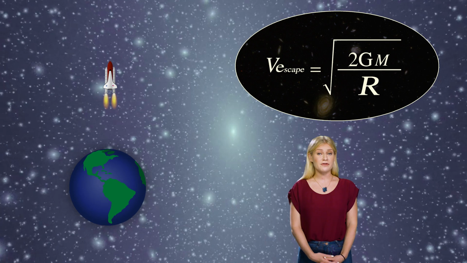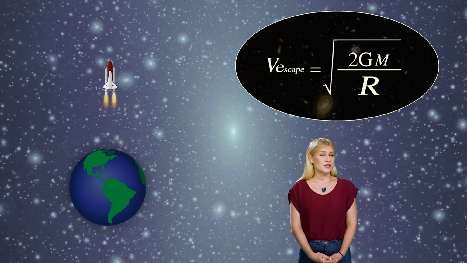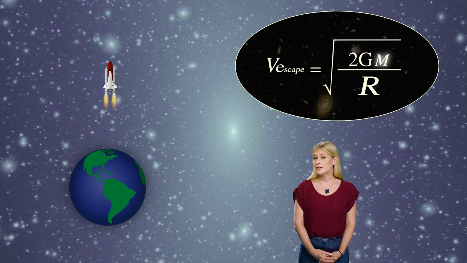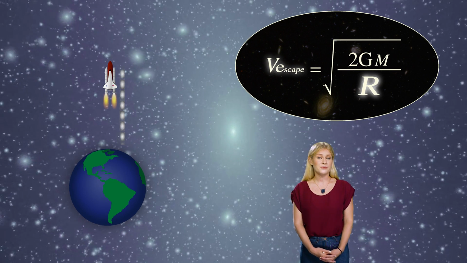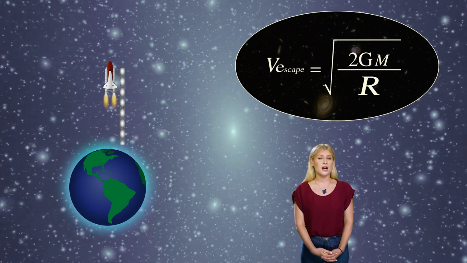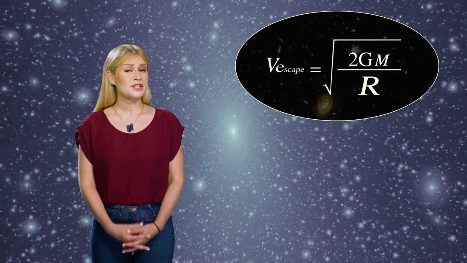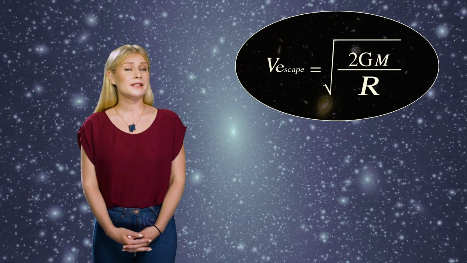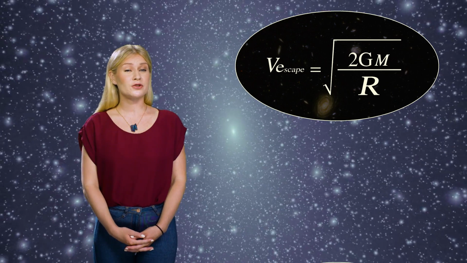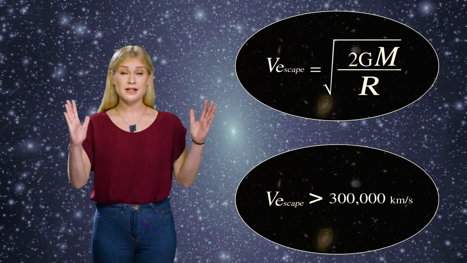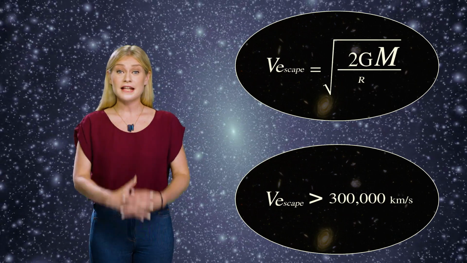Based on Newton's law of gravity, we would use this equation where G is the gravitational constant, M is the mass of the Earth in this case, and R is the radius of Earth. The escape velocity away from an object depends on that object's mass and radius. The definition of a black hole is simply that the escape velocity of this object is greater than the speed of light. That means that the mass is so big and the radius is so small that nothing can escape